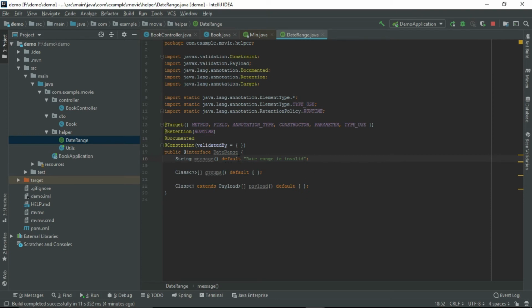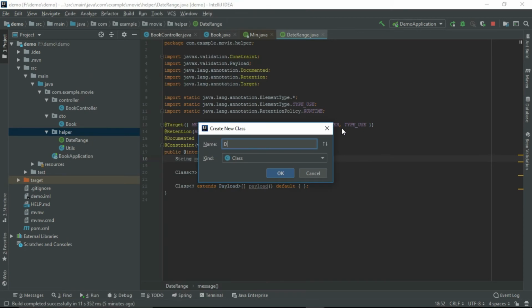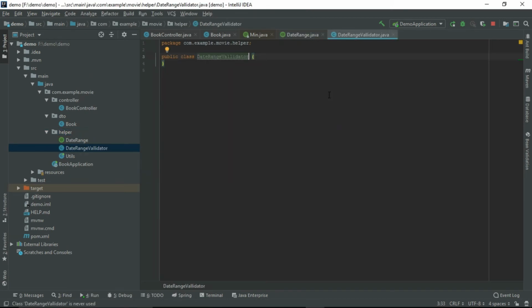Now let's create an implementation class. This implementation class should implement the ConstraintValidator interface. This ConstraintValidator interface takes two parameters.